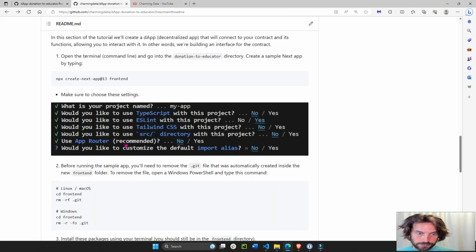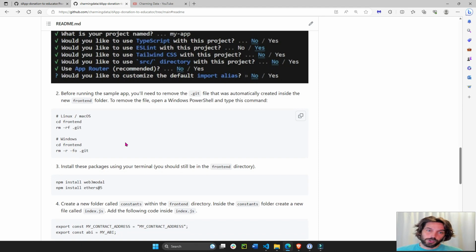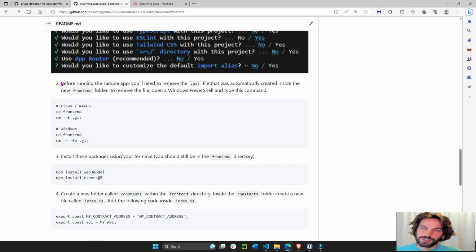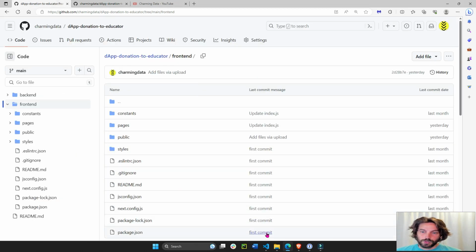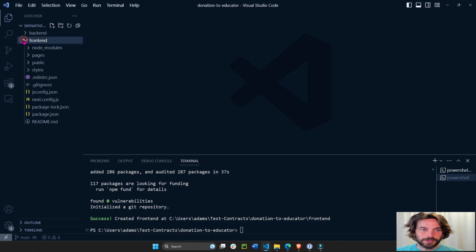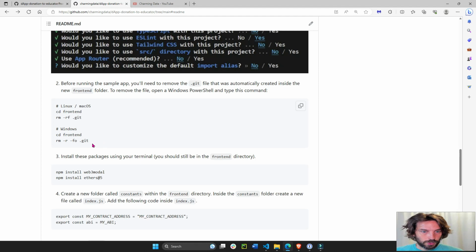the front end. Now, eventually, in the last part of this tutorial, we are going to deploy this app to Vercel.com to actually be able to share this app that you created with your friends, family members, whoever, so they can use it. So we have to go through this step number 2, which is delete the .git file that is automatically generated with this last line of code. All right. So when we created this front end just a second ago, it generated a .git file, or initiated Git, and we don't want Git in there because we are going to use it for